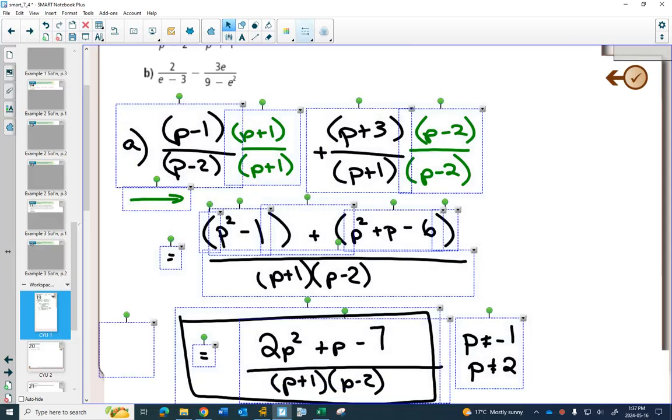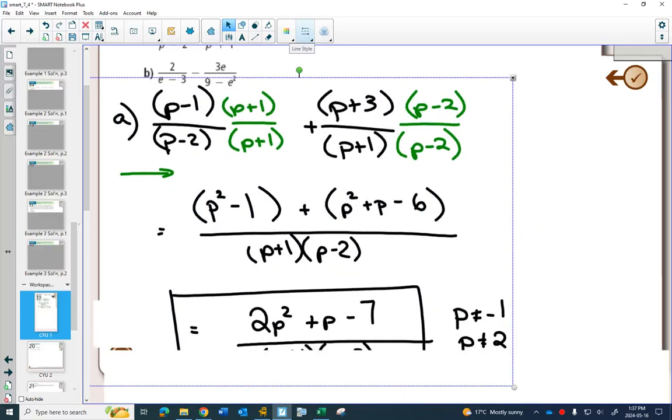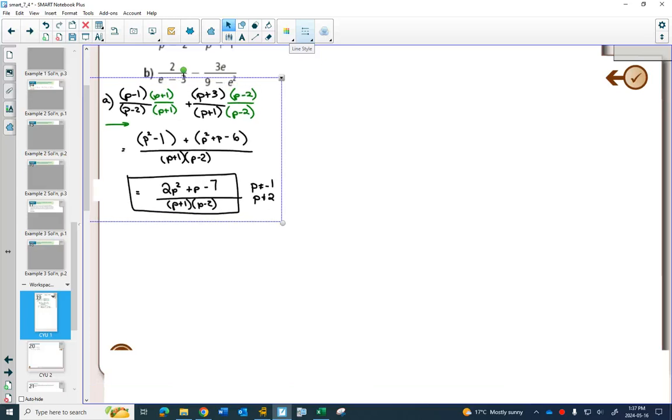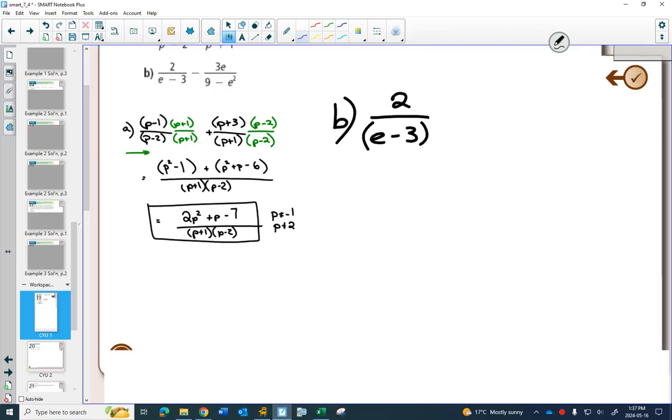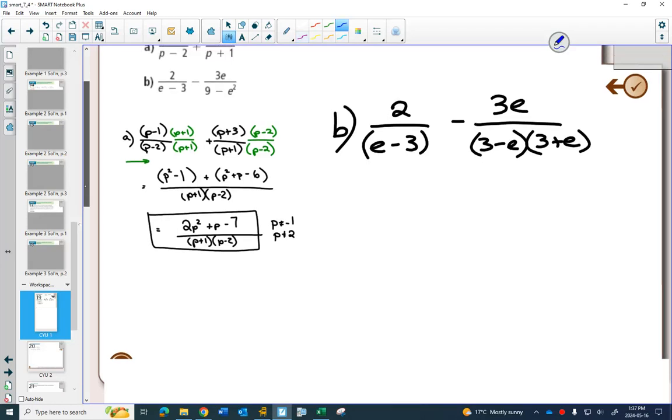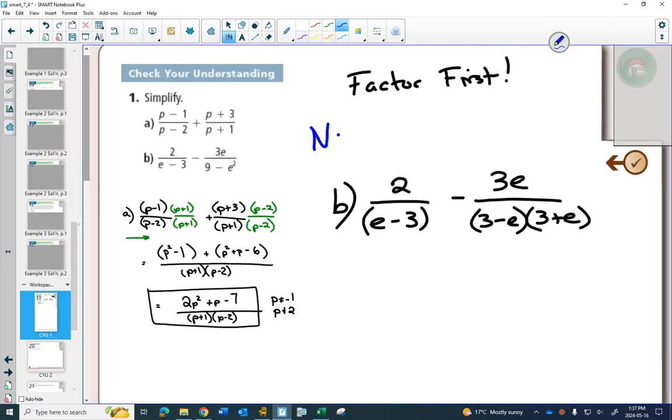Oh, I need to make that smaller. That would have room to be right beside it. So the first one, nothing I can factor here. Minus. But the second one has a difference of squares. And right above this,